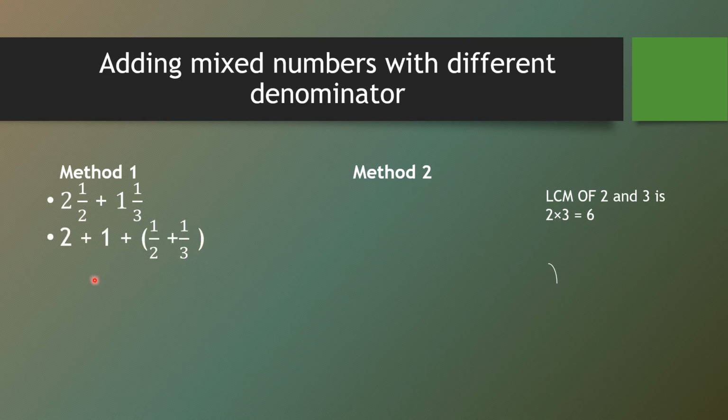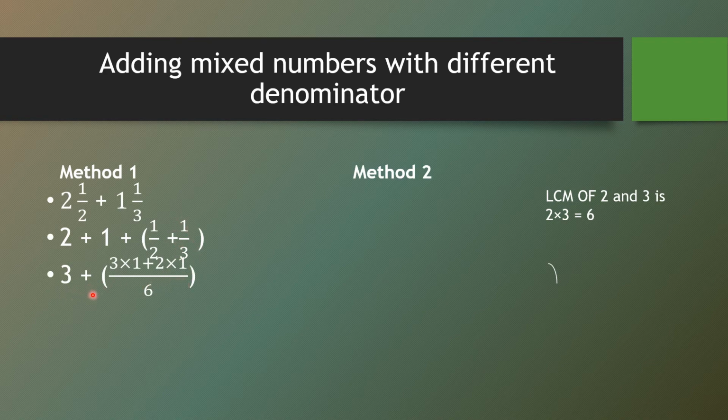2 plus 1 equals 3, plus here 2 and 3 are different denominators, so we will find the LCM. We know that the LCM of co-prime numbers is the multiplication of those numbers. It means 2 3s are 6. So here the LCM is 6. And how we solve this, I have already told you in a previous video. 2 3s are 6. We will write 3 here, multiply by this numerator 1. Plus 3 2s are 6. We will write 2 here, multiply this numerator 1.